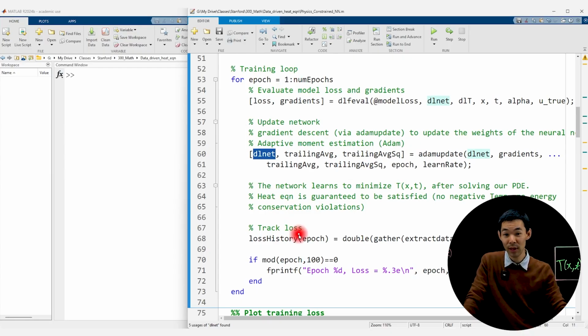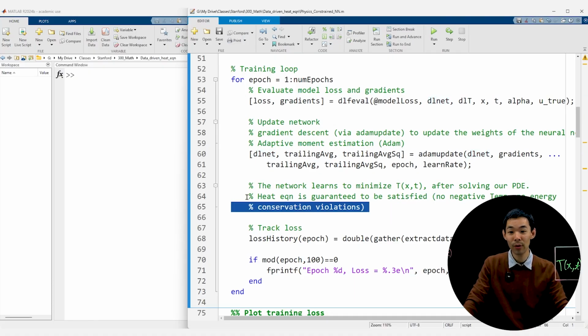The rest here is just trying to get the output, track the loss, some displays. Let's not worry so much about that. But the point is now it's going to loop and go to the next iterations. Now epoch is going from 1 all the way to maximum, which we set to 2000, but it's just entered a new loop. So it just keeps doing this over and over until this network, DLnet, tries to minimize the actual result of that temperature with our given data. And it is actually solving our PDE. And that's why it's nice. I put a little comment here saying,